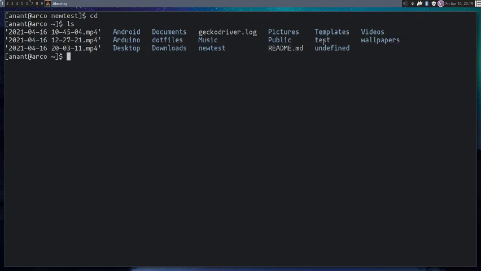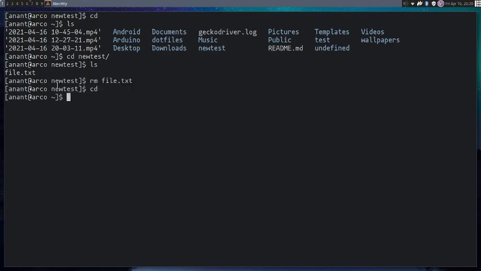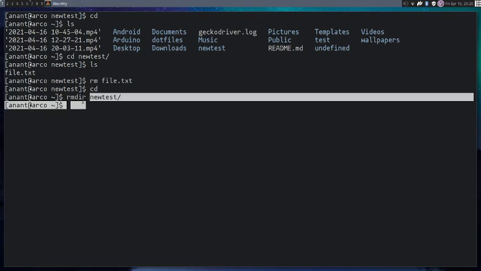So for any instance, I can remove a directory also. So if I just move to new test and do an ls, and also remove that file.txt from here, and if I need to delete this new test directory, I can do rmdir new test, it will delete the new test directory, but it will only remove an empty directory, not a non-empty directory.